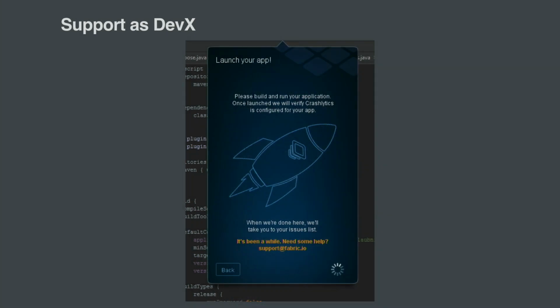And the last piece, going back to this Fabric installer, you see this little yellow text at the bottom that says, it's been a while, reach out to us at support. How many of you have ever been psyched to be told that you need to talk to support? Yep, no one. And it's for a few reasons. One, humans take a while to answer things. You don't know if that support ticket is going to get answered in 15 minutes or 15 days.